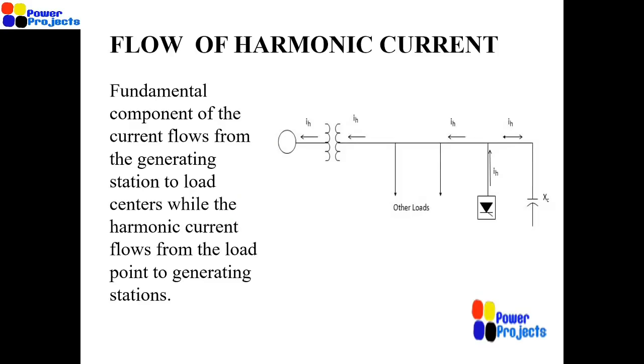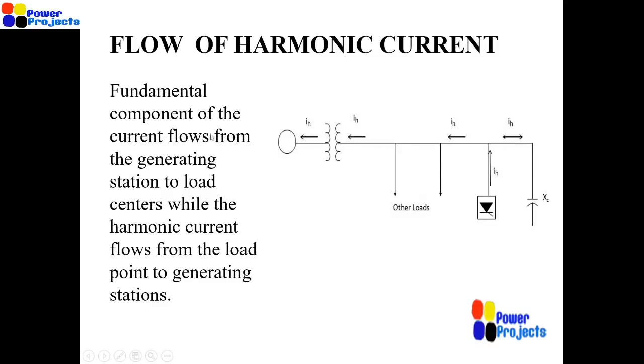Flow of harmonic current: the harmonic source is predominantly your loads, in this case the power electronic device I have indicated. When the harmonic current has multiple paths, it takes the least impedance path. If you offer a low impedance path for that particular harmonic using a filter, then that harmonic current will flow through the filter, and the harmonic current flowing through the source will be reduced. That's the passive filter technique. We will discuss more on the modeling and simulation of harmonics.